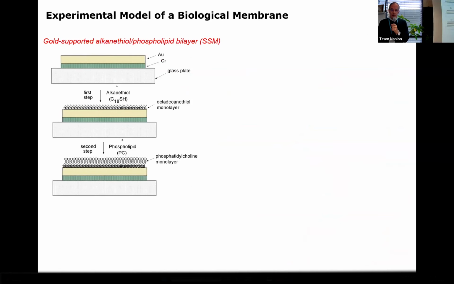So now let me very briefly introduce the solid supported membrane, or SSM, which consists of an alkanethiol, octadecanethiol monolayer, and a phospholipid bilayer supported by a gold electrode. In particular, the SSM is formed by an octadecanethiol monolayer, which is covalently bound to the gold surface via the sulfur atom, and a phospholipid monolayer on top of the gold-supported thiol layer. Such a bilayer is characterized by a high mechanical stability, so that solutions can be rapidly exchanged